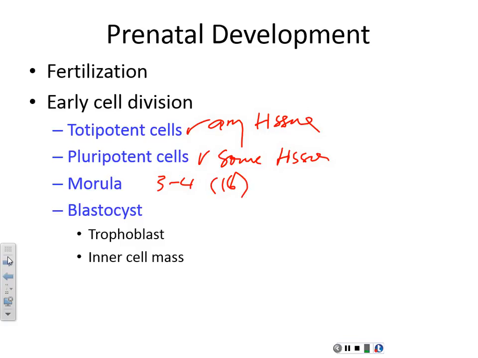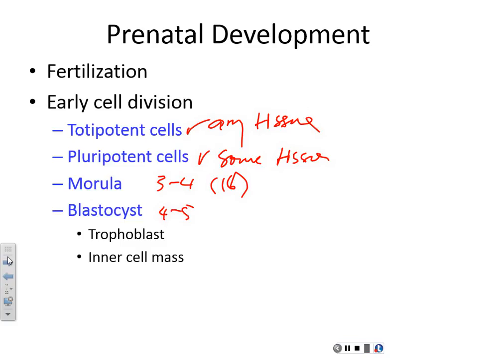Okay, and then the blastocyst continues. It's about day 4 to 5. And the blastocyst is a ball of cells, right? A hollow ball of cells with one layer, called the trophoblast, on the outside, and then the inner cell mass, which is what then becomes the embryo. Okay, the inner cell mass has 2 layers. Okay, one of the layers becomes the embryo, the other layer will start to form the